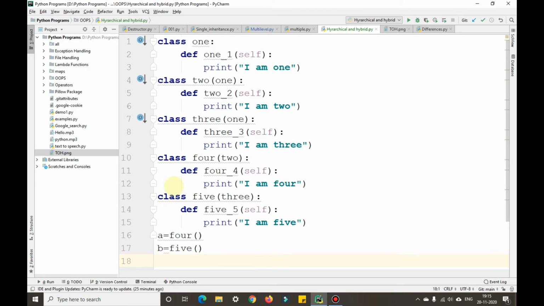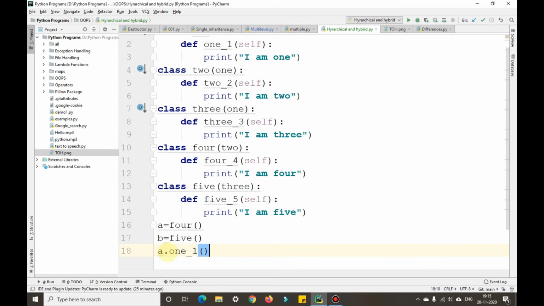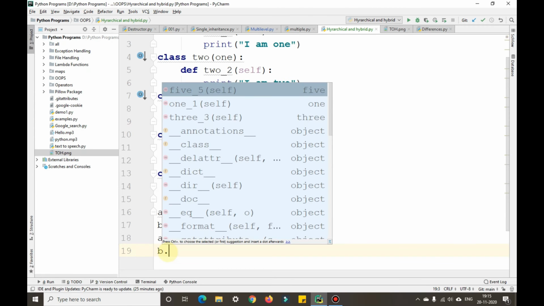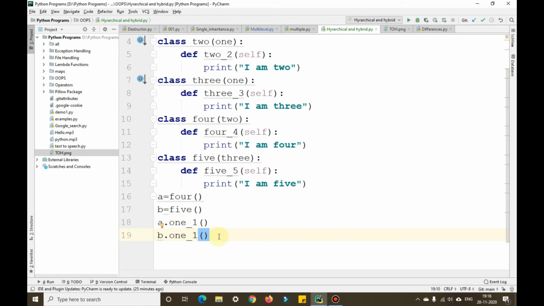So I want to print 1 first. So we can print with A or B. We can print with any one here. A dot 1. Instead of A, I can also use B here. B dot 1. Because 1 is being inherited in both 2 and 3 here. So that is the reason we can use anything here.